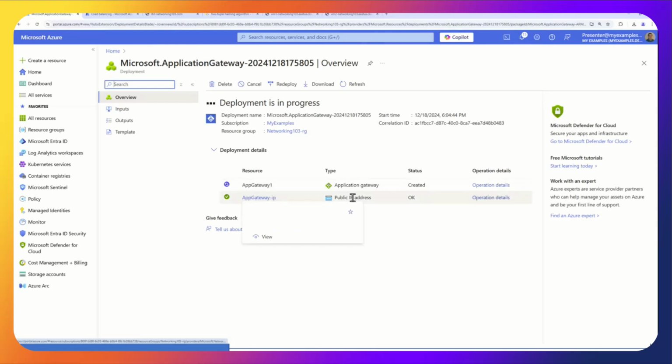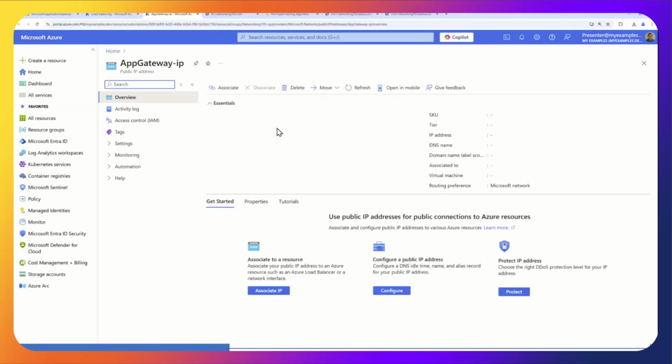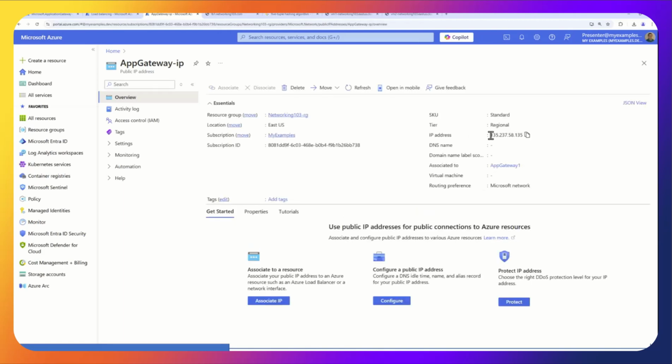And so it's already created our IP address. And now it's creating the gateway. Actually, since it's already created the IP address, we're following the same flow, right? Well, what did I do with the front-end IP address? Well, I created an A record for it so I can have all my users access that.